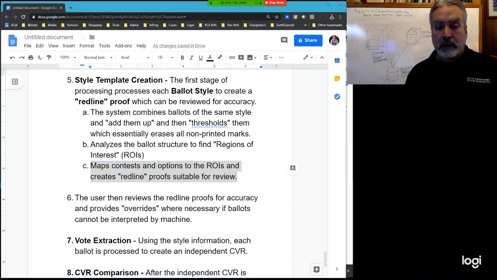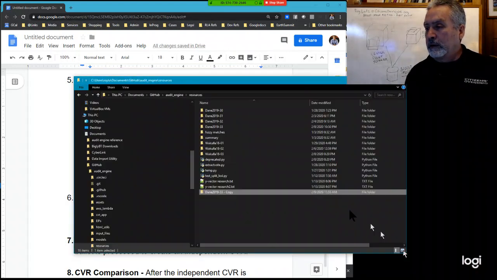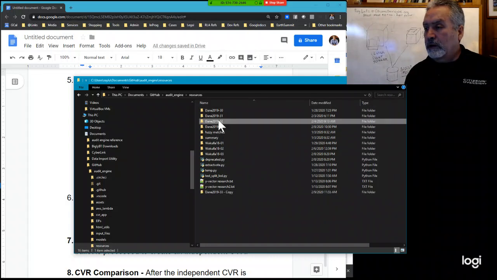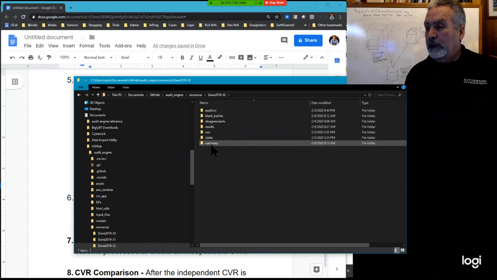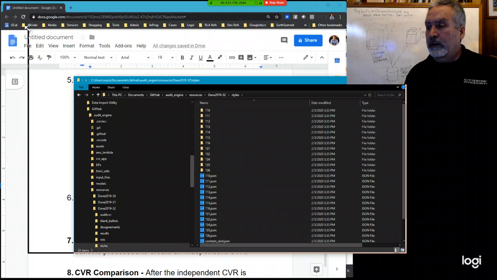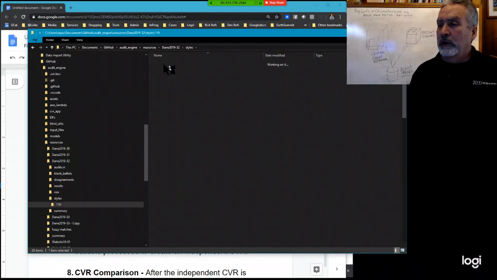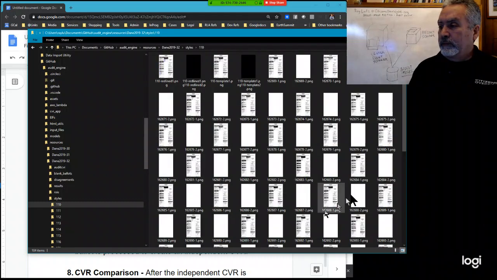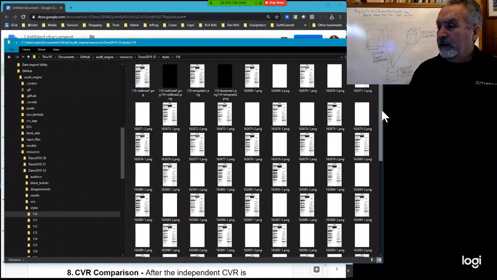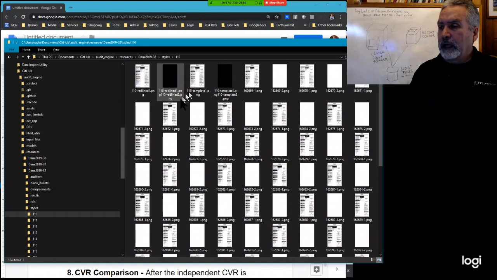Let me get this over here. What we have is a case here. I'll go back one. And we have the styles. Now, I didn't do all the styles in this run. There's 191 different styles. We'll just choose one. And what it did here was it took these ballots that you see and added them together and created a master template,